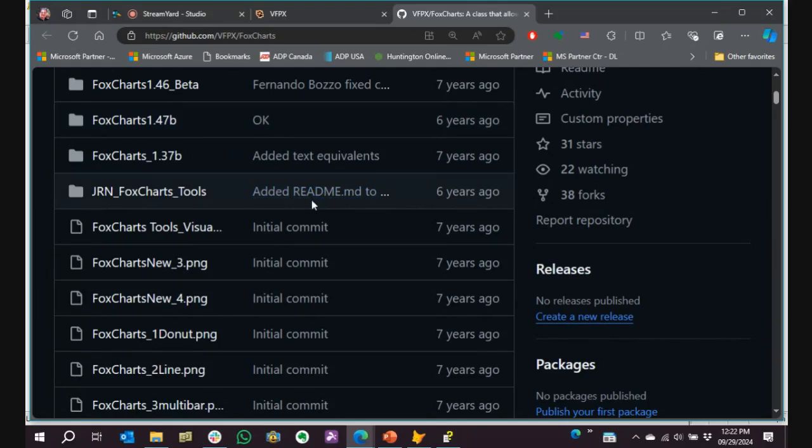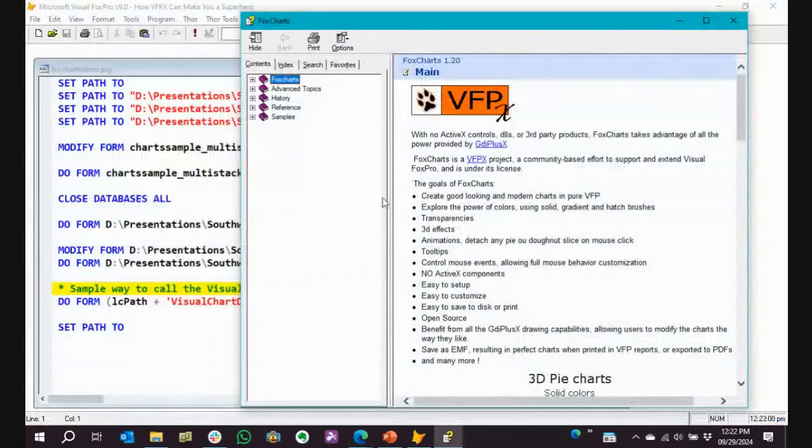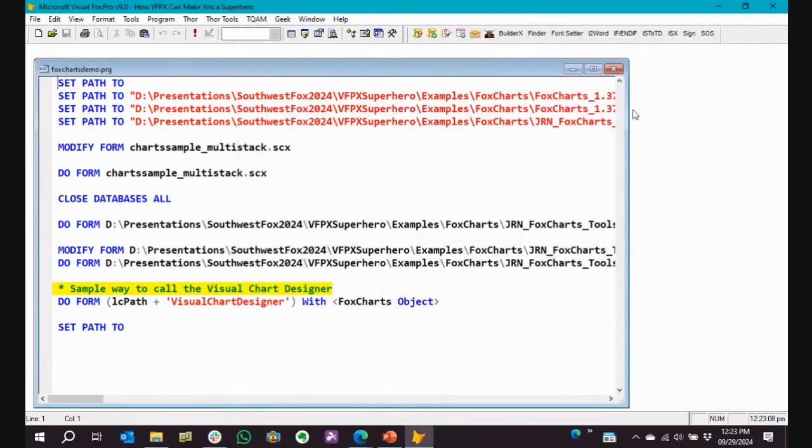So I'm just pointing these out just so you're aware of that. Here's the help file. You can see it's to version 1.2. So obviously there's some changes that have been made. The help file hasn't been updated. There are markup documents on the VFPX site, so you will have that available to you.